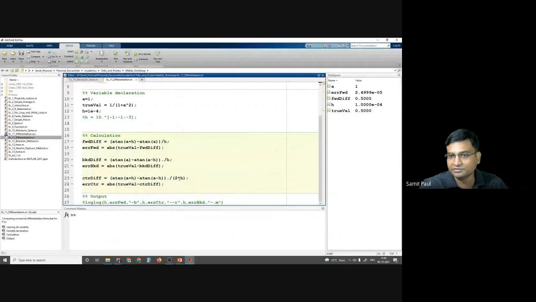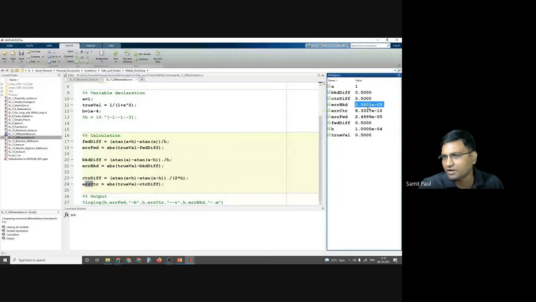So we have used it, and we have calculated the error for the forward difference formula, the backward difference formula, and the central difference formula. And if we run it for 10 to the power of -4, we will see that for the backward difference formula, the error is of the order of 10 to the power -5. For the forward difference formula the error is also 10 to the power -5. But for the central difference formula, the error is much less.